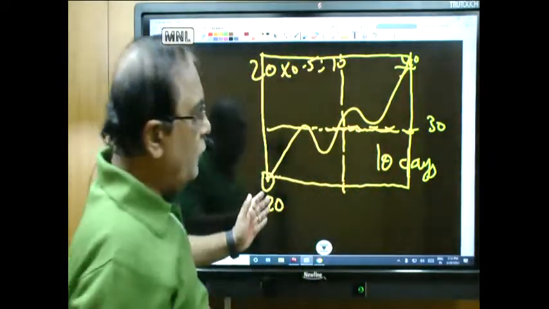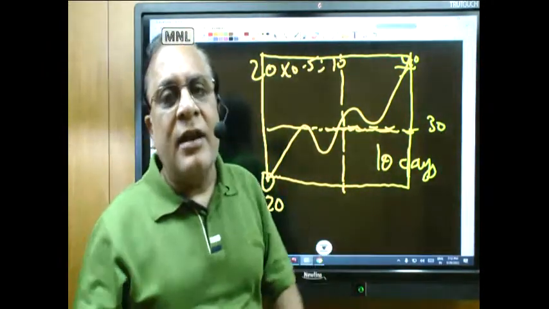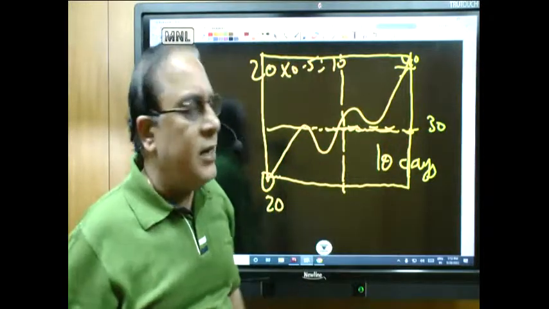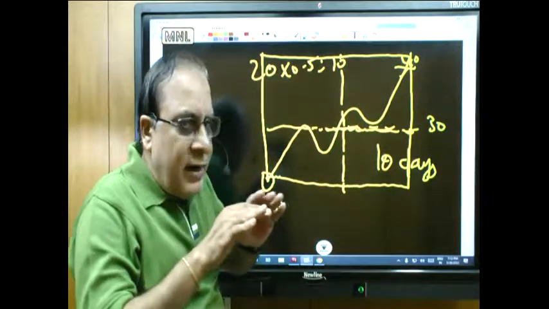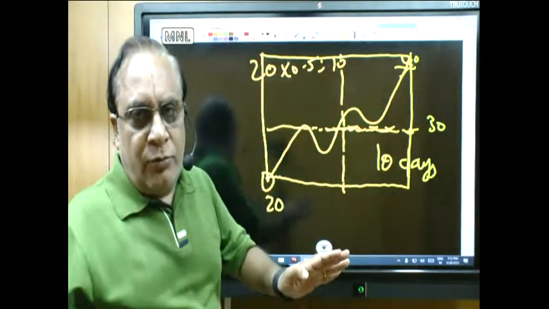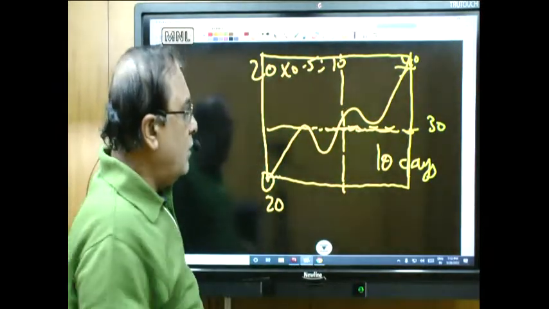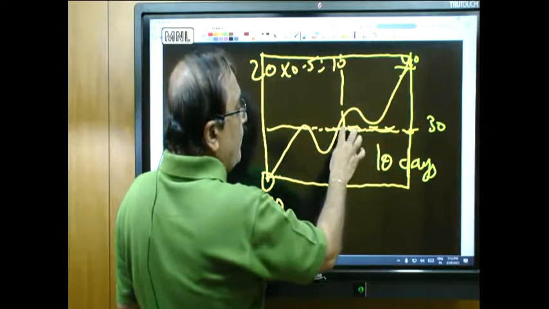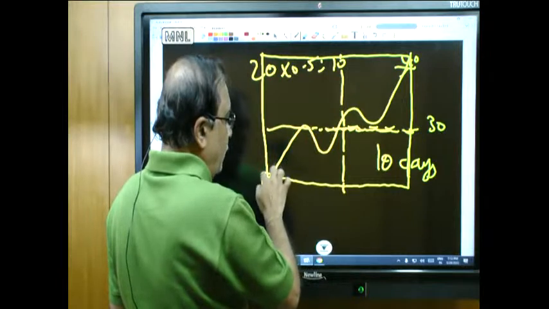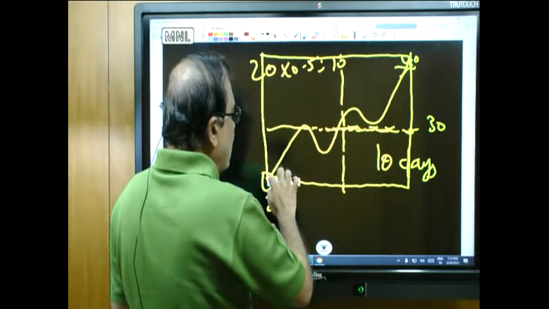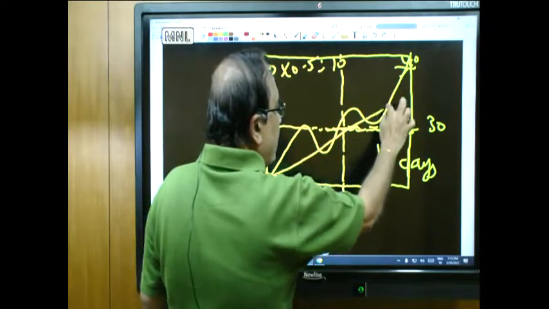Let us say this is April 1st and this is April 11th, so 10 trading days. It has taken 10 trading days for the rally to go from 20 to 40. So what you are doing is dividing the price and time in equal ratio, and then drawing a line connecting that. Now this is the 30 rupees on the horizontal side, and on the vertical side it is 5 days from this 20 rupees. So now you are drawing a trend line from this place, because you have identified this particular trend as a trend,